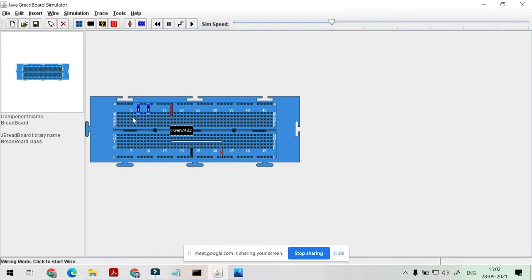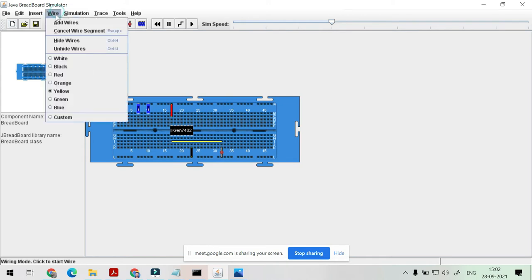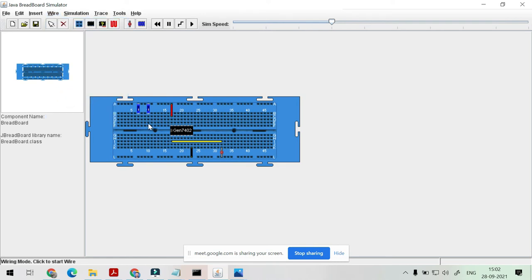Similarly, we will provide the input. For input, we will use this green line. We can provide pins 2 and 3 anywhere. So for that, we first click here, a single click, and then rotate this. Then we have to double click it. After that double click, we can insert this wire. Similarly, we insert another wire from this switch.